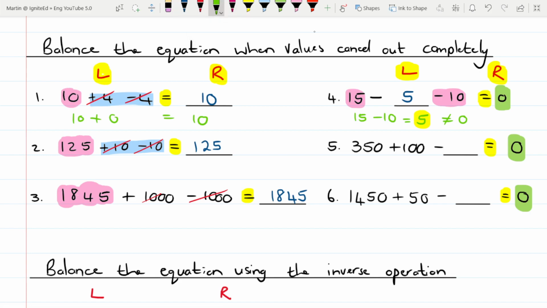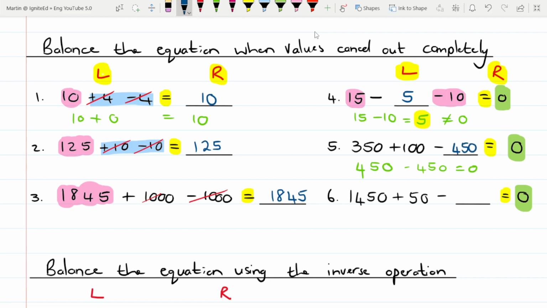Second example, or number 5 and 6, quickly pause the video and try them yourselves. I'm going to go along and then you can just check yourself. Right, so we've got 350 and we add 100. So 350 plus 100 is 450. And the question is, what do we need to subtract from 450 to give us 0? Remember, the equal sign says that the left-hand side and the right-hand side needs to be the same. So 450 minus 450 will give us 0. So the answer here is